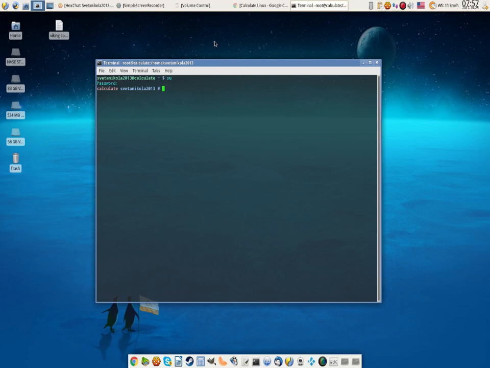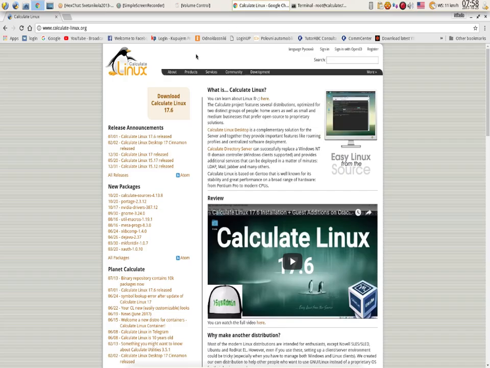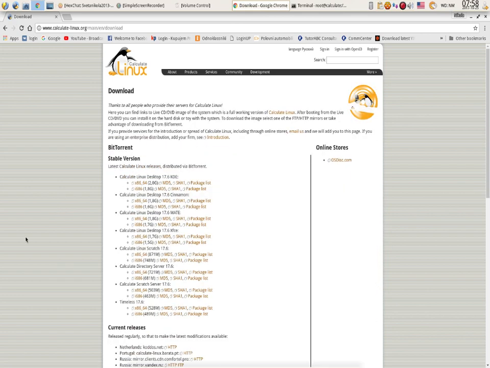Now, as I said before, installing Gentoo is really hard for some people who haven't used Linux before or don't have any experience. Calculate Linux made it simple, especially with this edition, the 10th anniversary. Calculate Linux came out, version 17.6. And on their website, you can download the ISO images with different graphical desktop environments. Their primary desktop environment is KDE. Now you have different versions here.